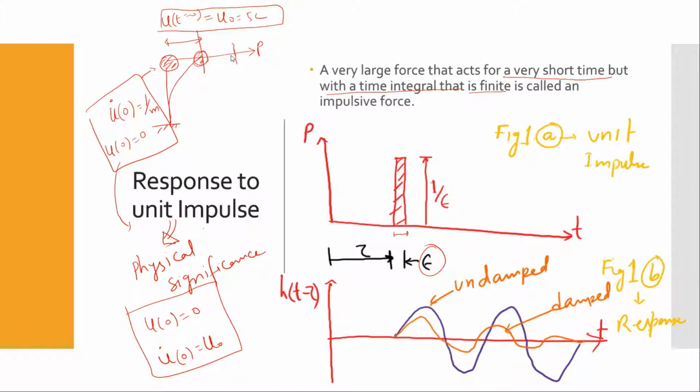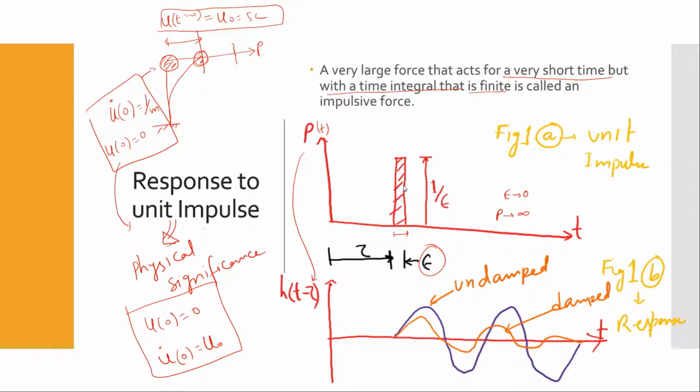So let's see that at t equals tau, there is an impulse provided, and it lasts for a very short duration epsilon, and the magnitude is 1 by epsilon. So when epsilon tends to 0, when it is very small, then the load will tend to infinite. So this value must be a finite value, therefore it would be a very large impulsive force. So the solution, it is an applied force, and then the response would be h of t minus tau.